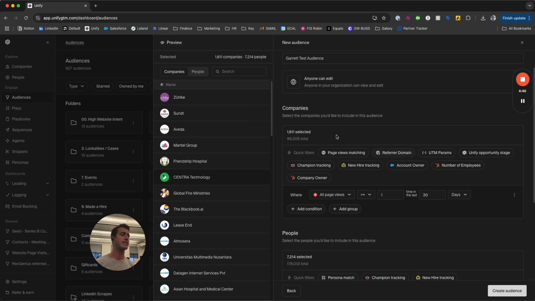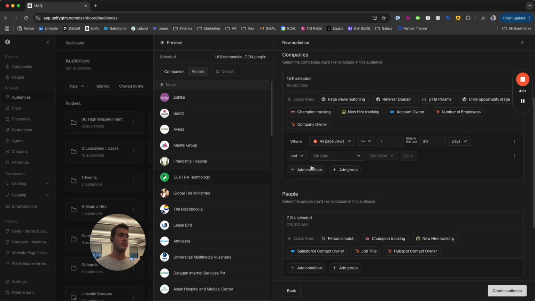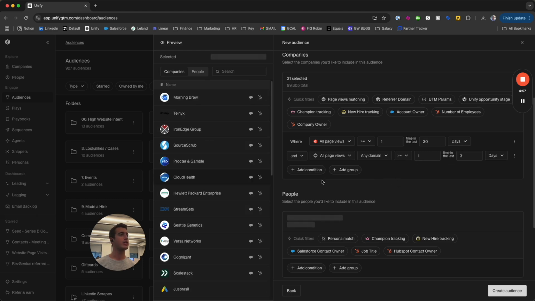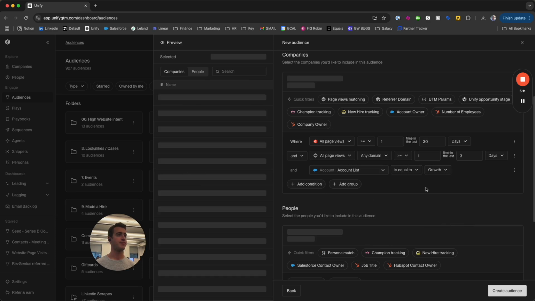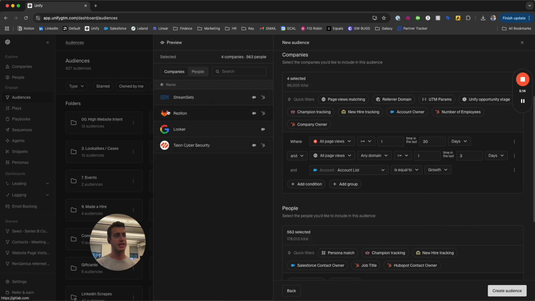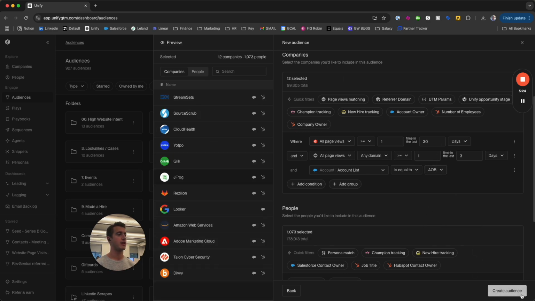And then to stack all of these together, maybe we want to look at companies that have viewed our G2 page one time in the last 30 days. They have also viewed our website page one time in the last 3 days. And maybe we also want to stack on top of this. Notice these are all being overlaid and combined with and filters, and they also appear on our target account list for growth. And so you can see in this case, there are 4 companies that match all of this criteria together in conjunction. And so if we were to go and create this set of companies now, I just slightly modified this, we can